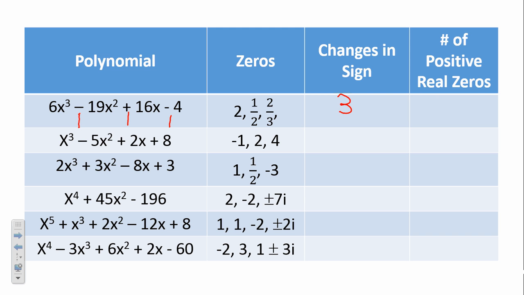How about this one? How many changes of signs? Okay, 2 changes of signs. How about this one? Positive to negative is 1, and the negative to positive is, so 2. How about this one? How about this one? And lastly,